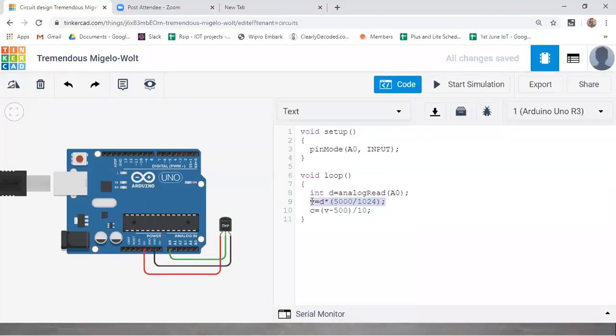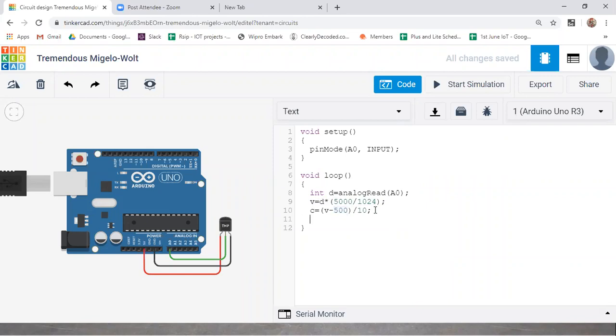But in the centigrade value, you are reading the temperature value ranging from minus 40 to 125, right? So to get that value, you are subtracting 500 millivolts.